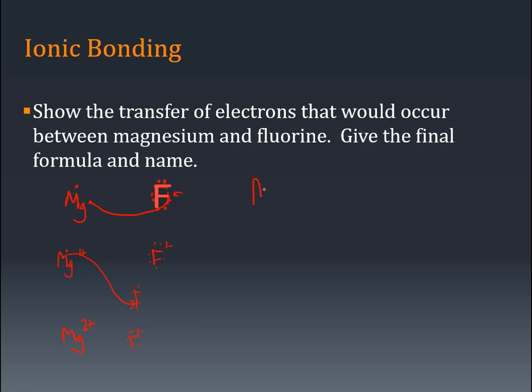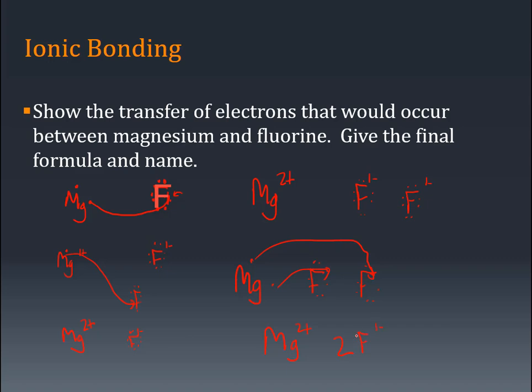So what we ended up with was one magnesium with a 2 plus charge, and a fluorine ion with a 1 minus charge, and another fluorine ion with a 1 minus charge. These guys have all 8 of their valence electrons, and magnesium is down to 0. So this is stable, and so if I wanted to show this in one step, I'd say, all right, magnesium has its 2 valence electrons, fluorine has its 7, and fluorine has its 7, and so I can see one transfers here, and one transfers here, and what I'm left with is magnesium 2 plus and 2 fluorine 1 minuses,